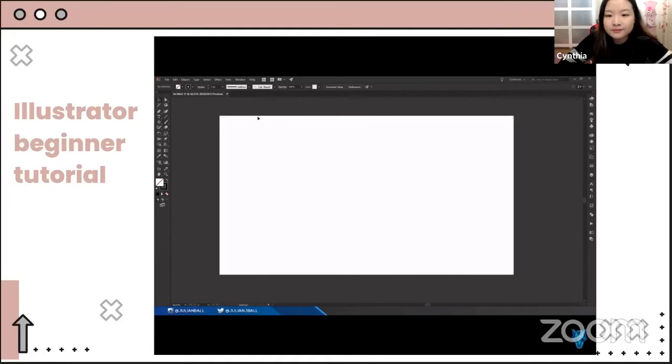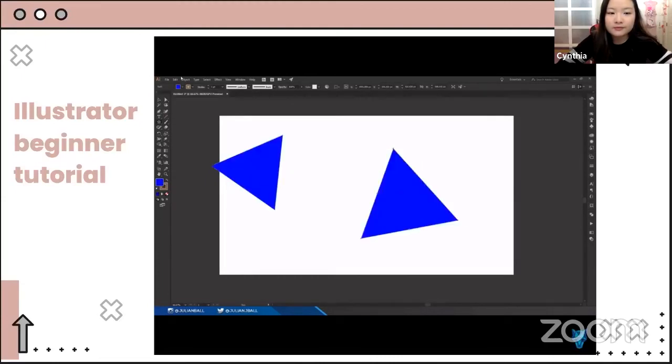Something that's really handy in Illustrator is the eyedropper tool. So if I just create a little shape here and give it some custom properties like a custom color and stroke, and then if I create another shape and change those color properties to something different, what I can do is, whilst having one of these items selected, hit I to go to the eyedropper tool, and then click on any other object in Illustrator and it will match those color settings and any sort of appearance settings that object has.